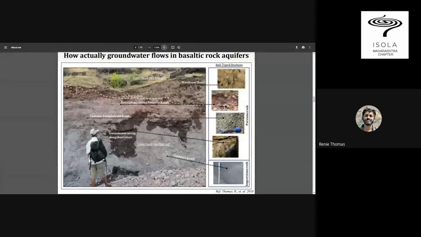So understanding of these basaltic units, their morphology, their structure really aids in understanding how water moves, especially in a road section, or if we're drilling, we really come to know at what depth water is struck. But this is basically to give an idea: water is not something very uniformly saturated. The lava flow, which I was talking to you about earlier, is not uniform. They are overlapping, and the water has a very preferential way of moving through different lava units or through cracks and crevices. Next slide, please.